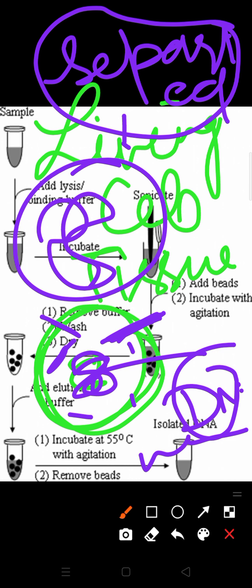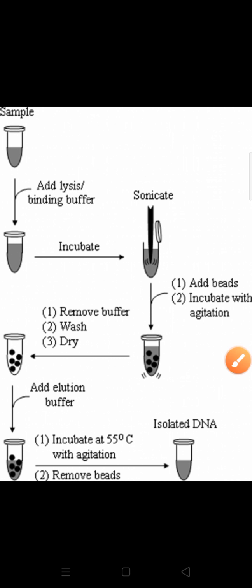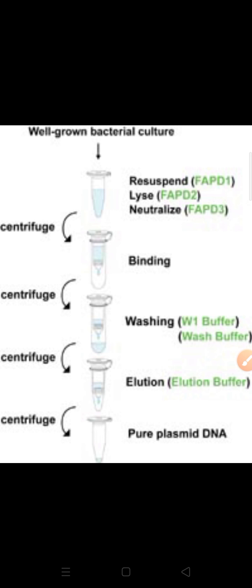Again I am telling you, first you treat it with lysozyme, cellulase and chitinase, then you treat it with ribonuclease, then you treat it with protease to remove protein from it, then you treat it with chilled ethanol, and ultimately you have purified DNA in the form of a thread suspension. Okay, I hope isolation of DNA is clear. Then the second step is you have to cut this DNA at a specific location.